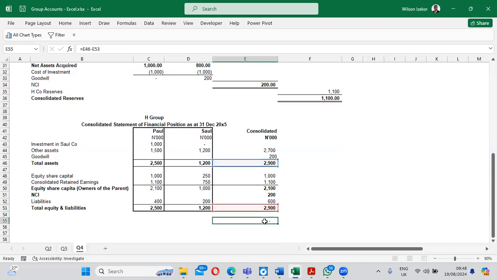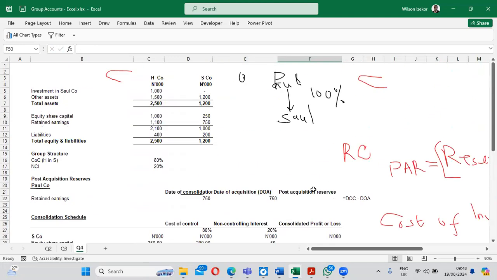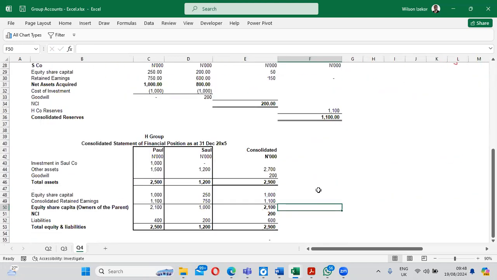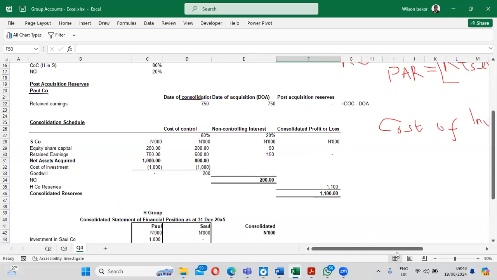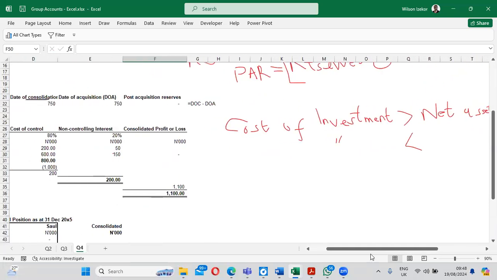And our account is what? It's balanced. So that is it for the consolidated statement of financial position, considering the non-controlling interest. So the key point to note here before we round off with this class is that